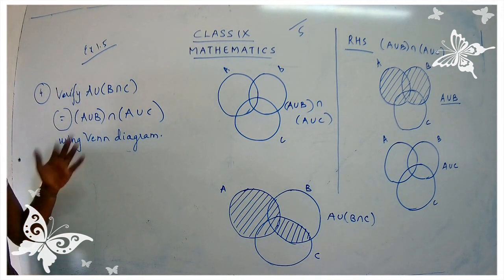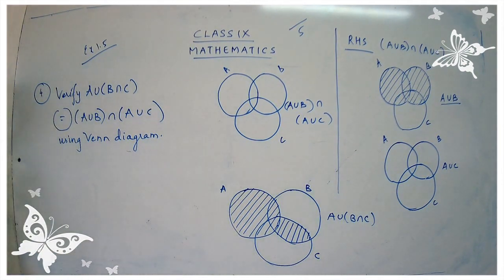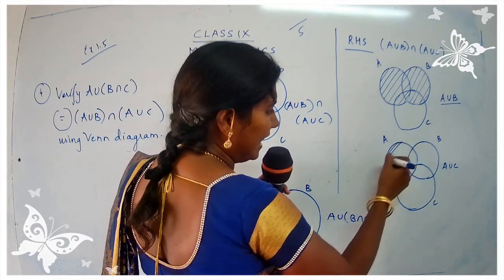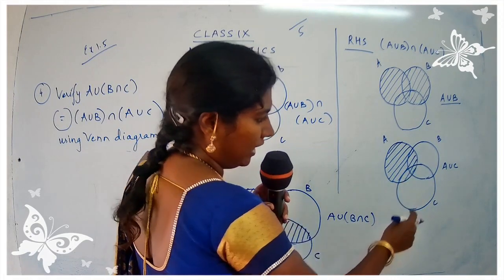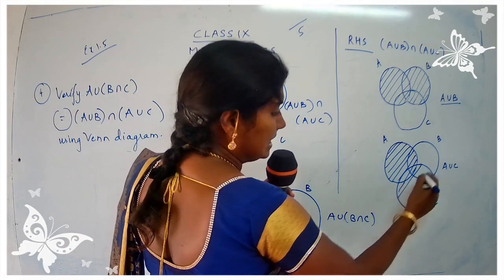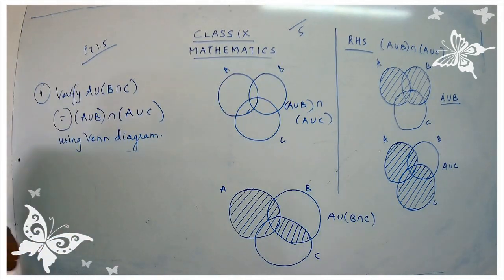So you must have got an idea how to do the Venn diagrams. Yes, children? So try it out. Have you tried it? Shall we check our answers? Okay, let's check. We are going to shade A and C together. So shade A, I'm completely shading A. Okay, and I'm going to shade C. That means I'm going to combine A and C. So I have just shaded A and C.